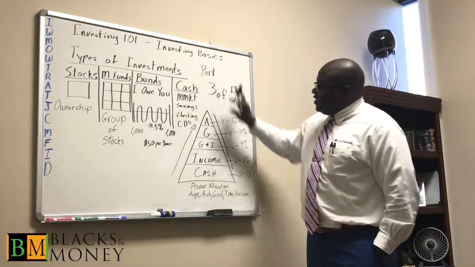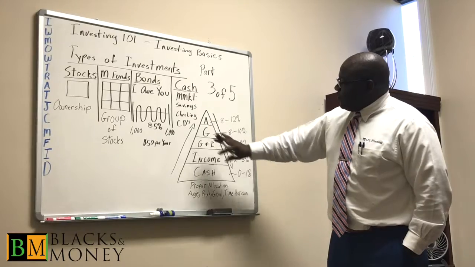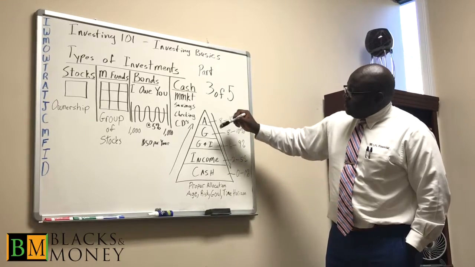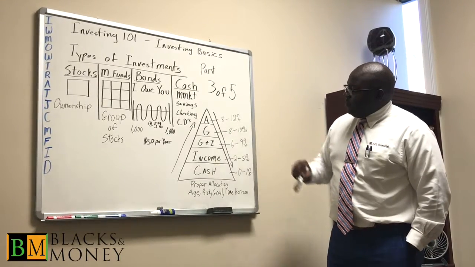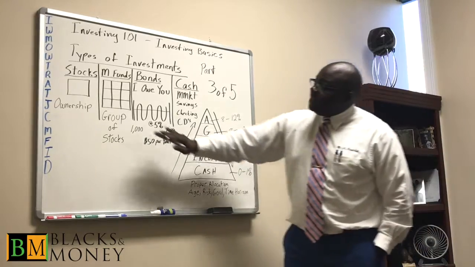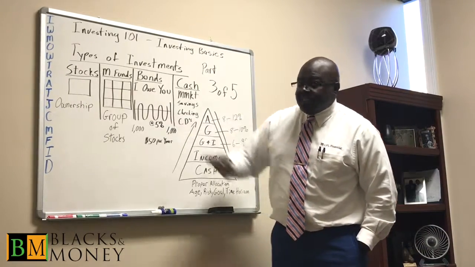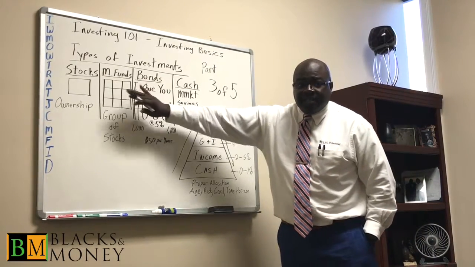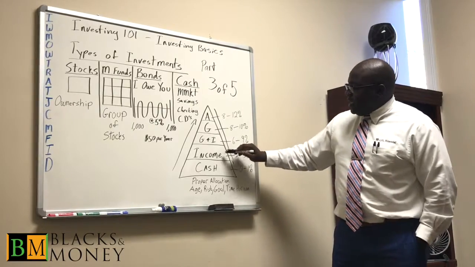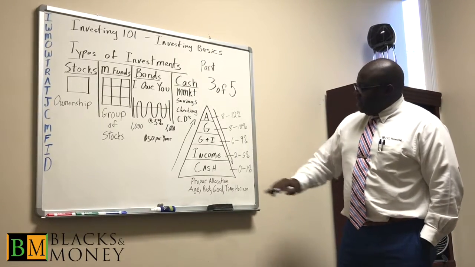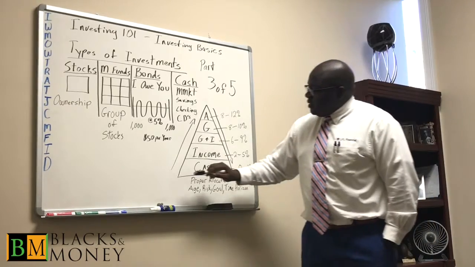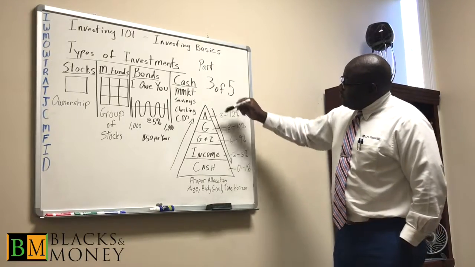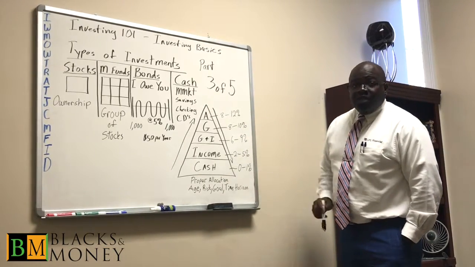So how do you put all of these investments together? We'll refer to our investment pyramid for that. We have aggressive investments, growth and income investments. These investments are typically stocks or mutual funds that consist of stocks. Sometimes a growth and income investment could be a mutual fund that consists of stocks and bonds, because if we come down here to income, we're talking about bonds, and then we know what cash is. Let's look at our pyramid. As we move up the pyramid, we increase our risk. As we move down this investment pyramid, we decrease our risk.